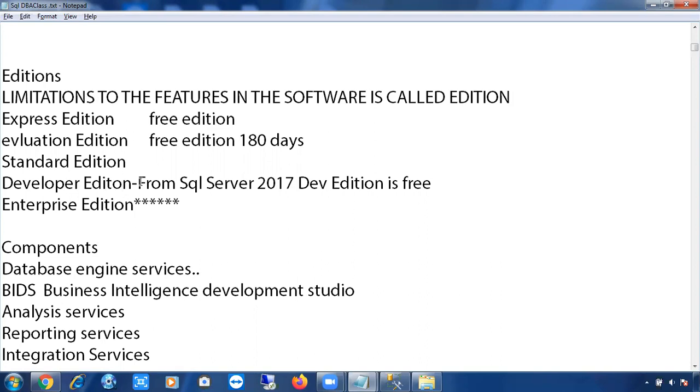Even if you are using SQL Server Enterprise Edition, if Microsoft finds that you are using Enterprise Edition without paying anything, they have the right to charge you. They can impose fines on you, and they can proceed legally against you. But people are going to use it. Microsoft does not concentrate much on personal usage; if it is organizational usage, then it will concentrate more.